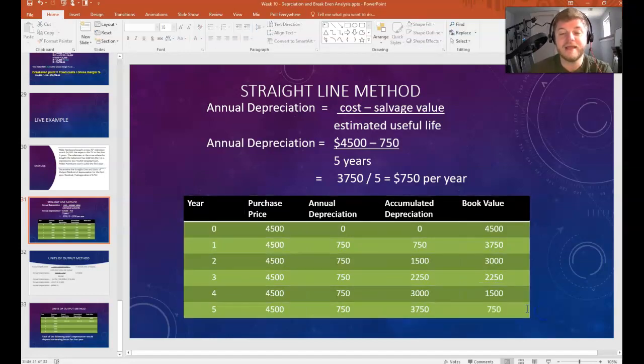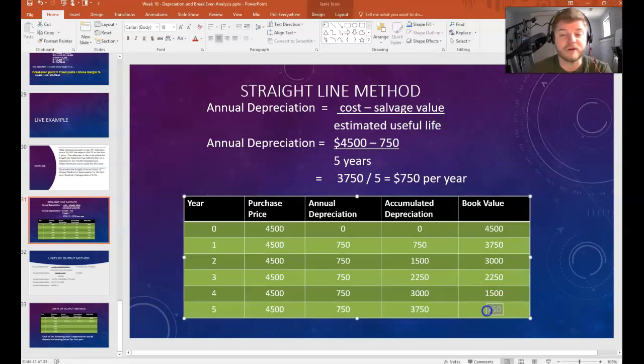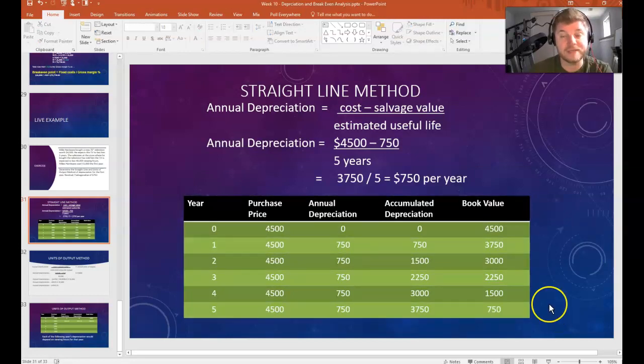At the end of year 5, what you do is try to sell this 5-year-old TV for $750. If you only get $200 for it, you're going to lose some income. If you get $1,000 for it, you're going to make a little bit of income. But there's usually a residual value, saying the asset's not worth nothing. There is some value, but it might not be easy to attain. I think of Kijiji and everyone trying to sell their stuff. They might want to get 750 out of it,